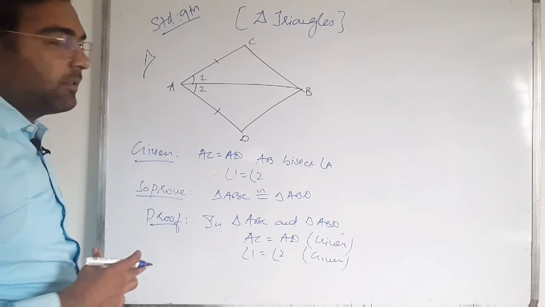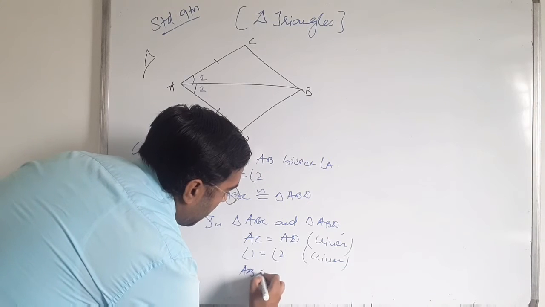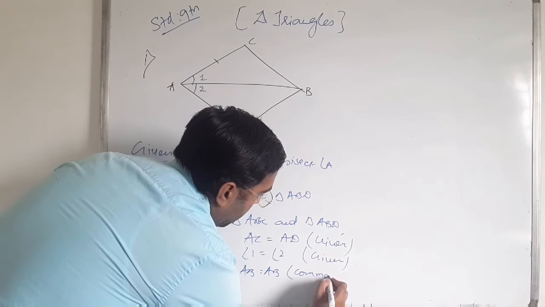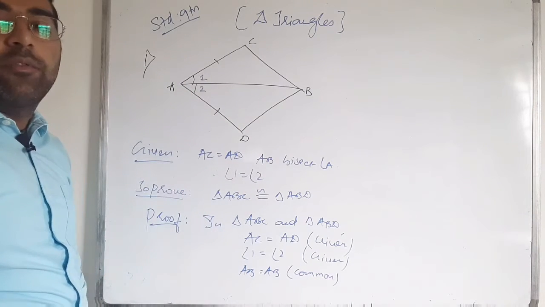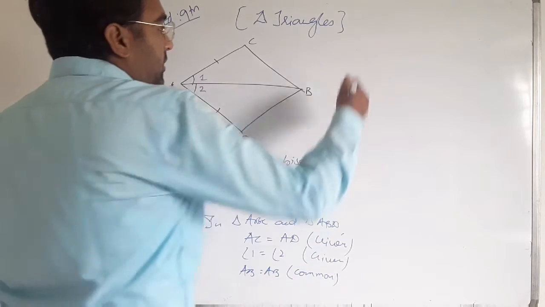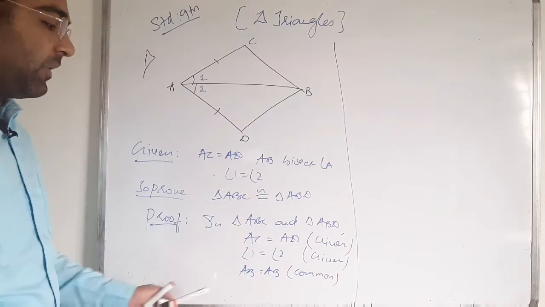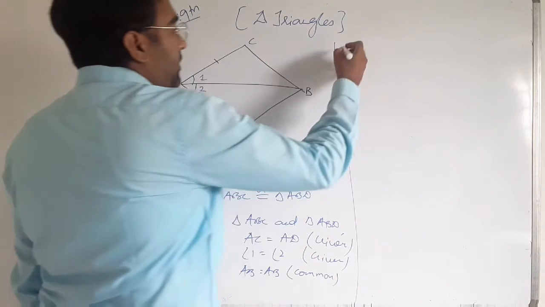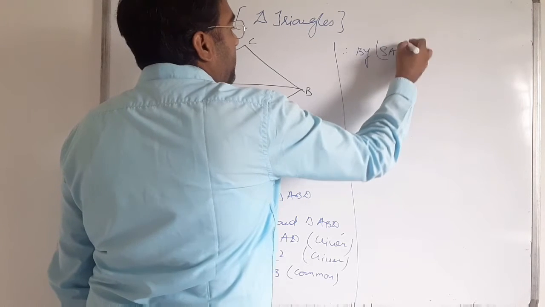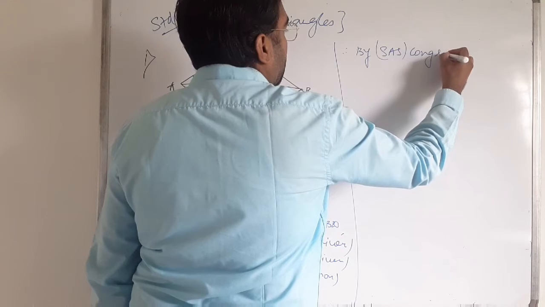And third, AB is common in both triangles. So for this rule, we write therefore by side angle side congruency rule,